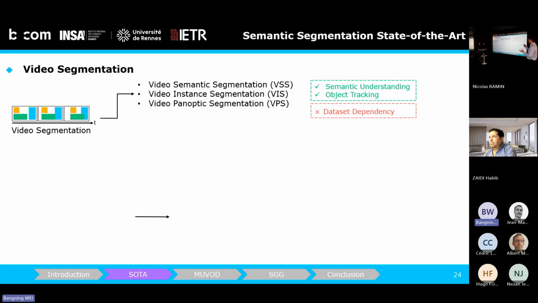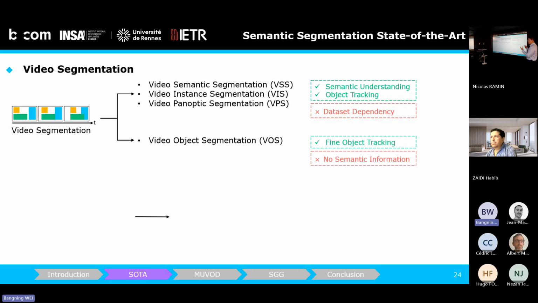For example, there are two branches. The first one is about semantic segmentation. They have the tracking of the objects along the timeline, and they provide the semantic information. However, they suffer the same limitation that they are very dataset dependent. The second branch is video object segmentation, which focuses only on segmenting the objects, but they lack